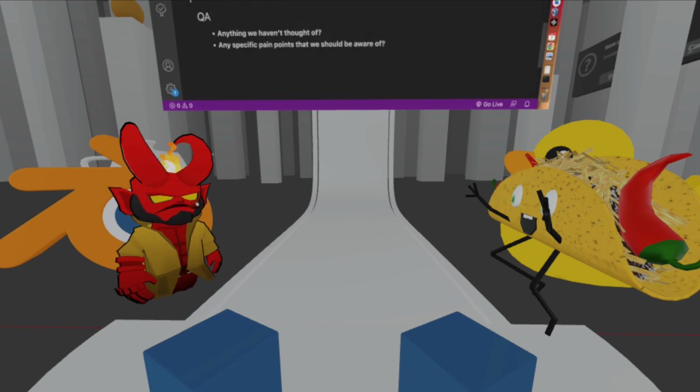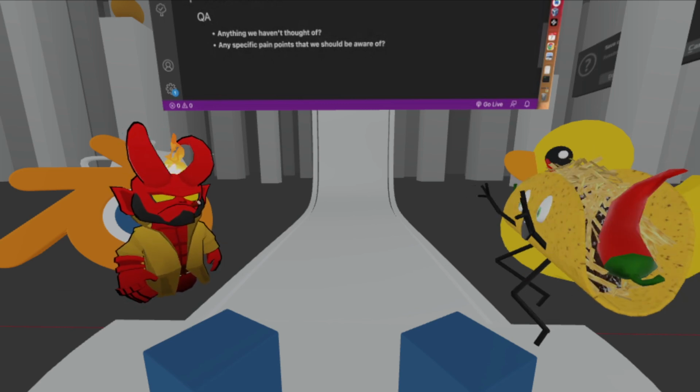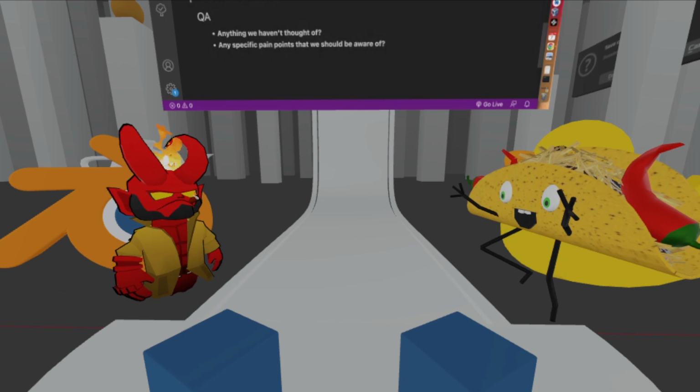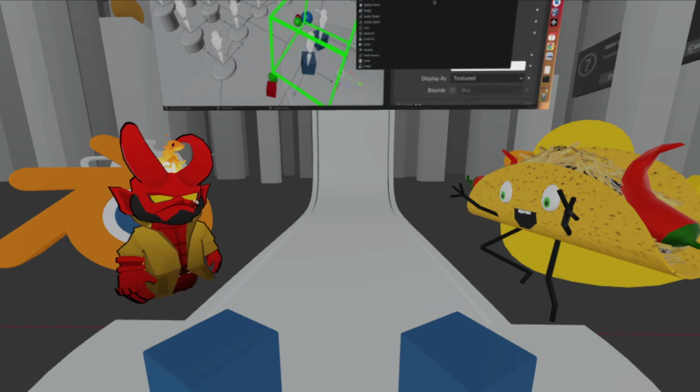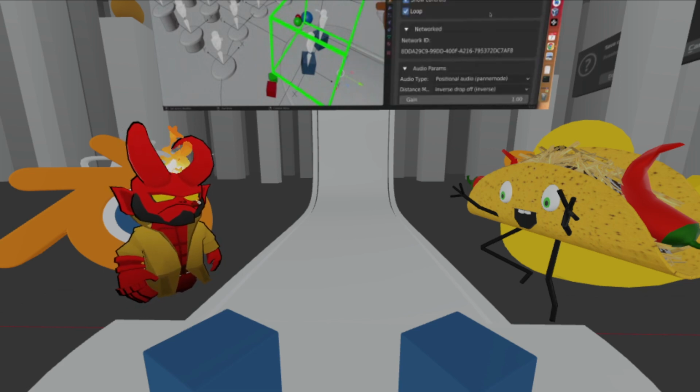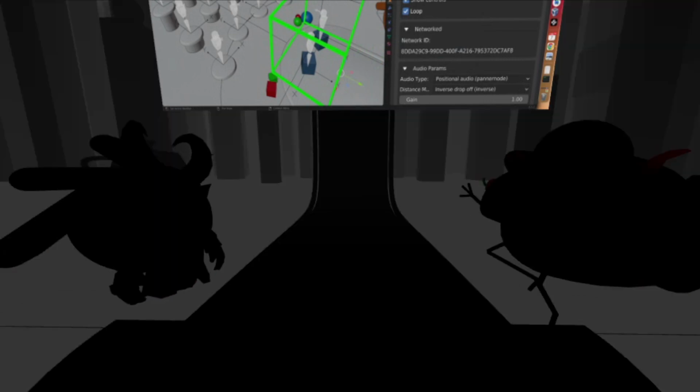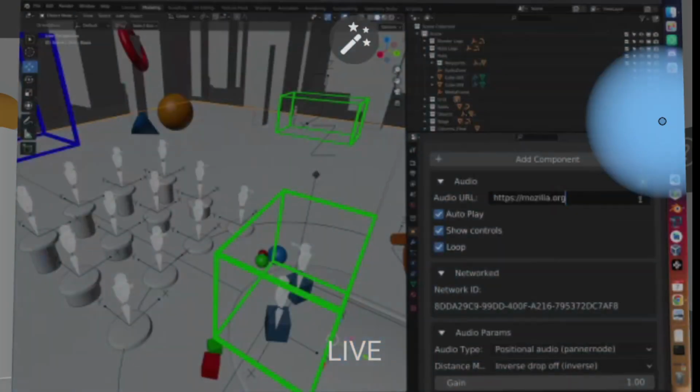Automatic components asset upload, that's also kind of a pain now. If you want to add an audio in the Blender scene now, you have to add the Hubs audio component here. So you need to go here and say, okay, I want an audio. But the audio URL is just a URL, and Blender doesn't know anything about the assets that you want to use. So ideally, this will be a local asset that you can